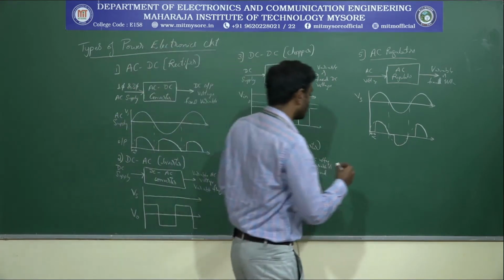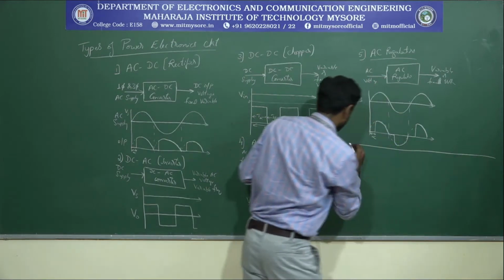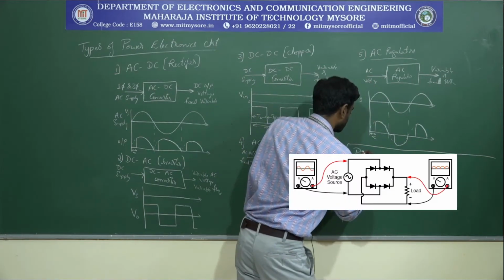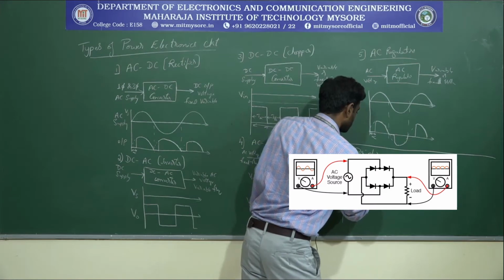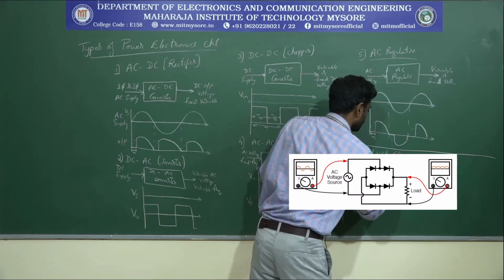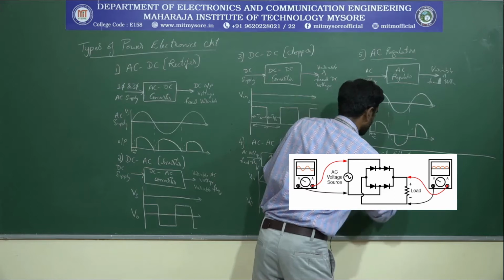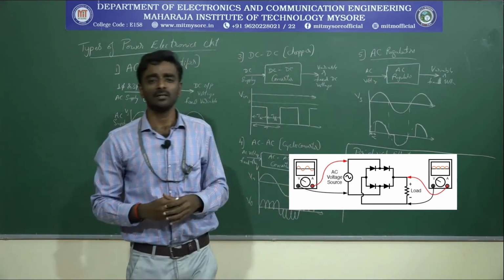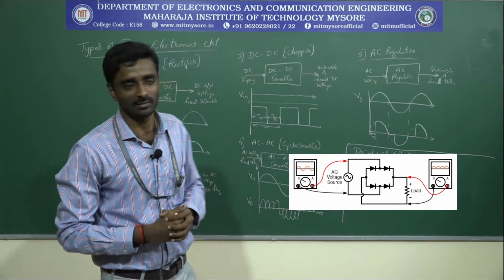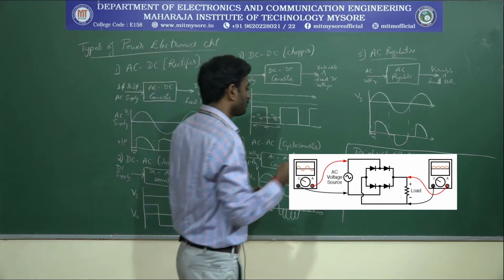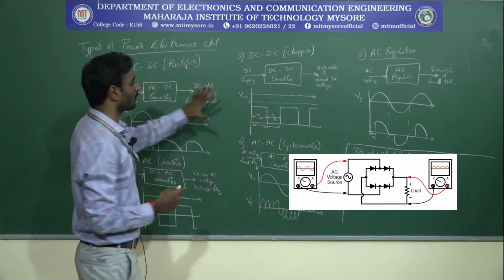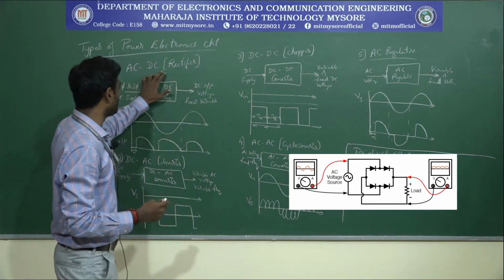This is with respect to the types of power electronic circuits or types of power electronic converters. And the last one is, if I consider the peripheral effects. Peripheral effects. This is the last topic of the first module of chapter 1. So if you consider peripheral effects, I will take one of these examples. Let's take the example of a rectifier.